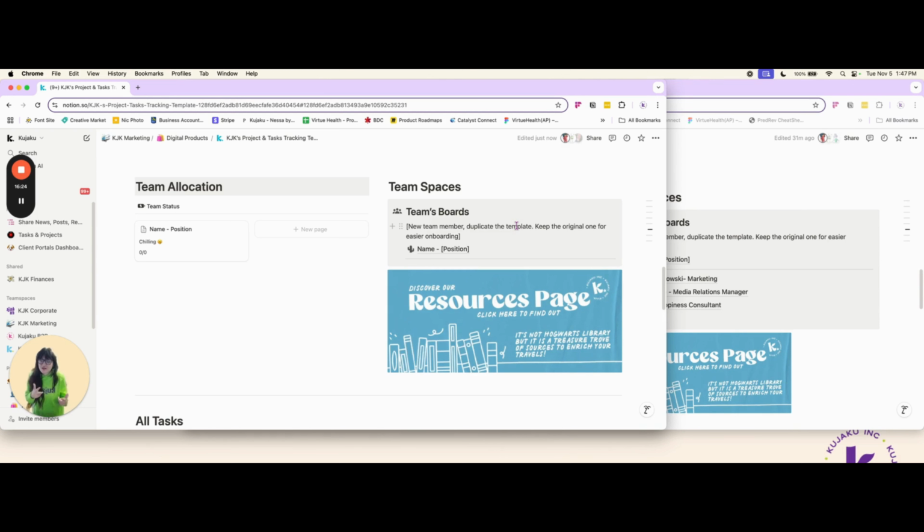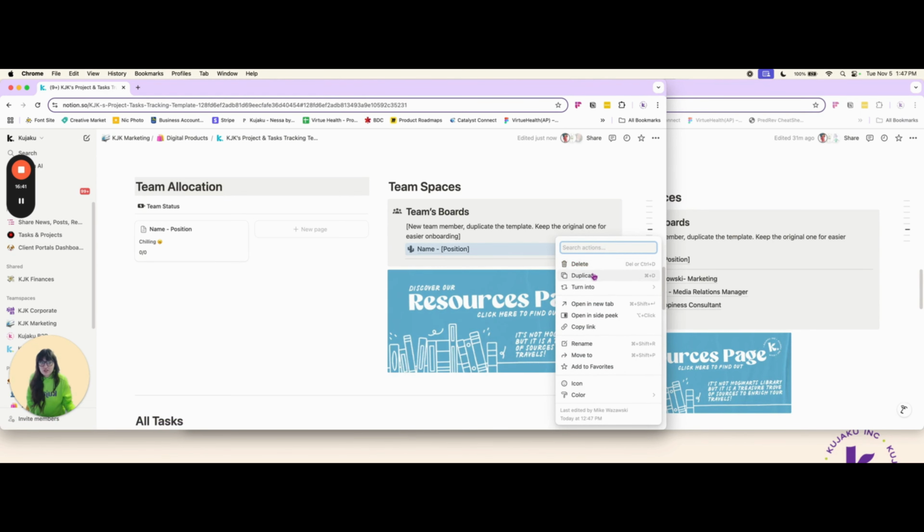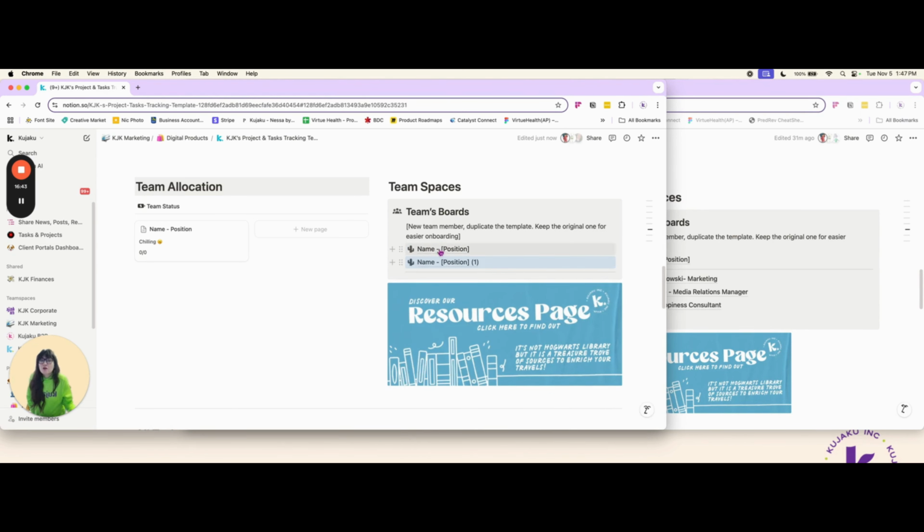When I go to work every day on my laptop to the side, it's already open to my team board with my name on it. So this is the master copy. And you can see here there's a divider. The reason there's a divider is because we would want you to actually duplicate this, bring it below the divider so that there's